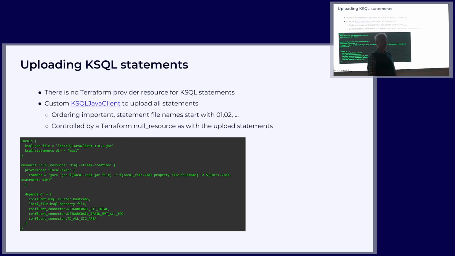This has not been an oversight by the developers. By the time they came around to actually building the KSQL statements in as a thing that you can talk to, Flink came around the corner and we basically decided to put our resources into Flink itself. So Flink statements I can easily put into my Terraform provider, and I'm just in the process of doing that. But KSQL can't. So out comes another Java application, in this case the KSQL Java client, that you can point to a directory full of KSQL text files, and it will load them up one by one and pull them in there.